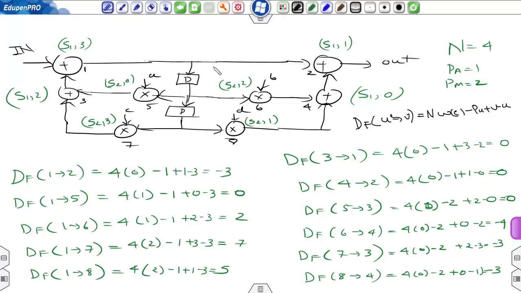df 1 to 6, this is 1 to 6 with one delay element, so 4 into 1 minus 1 plus v minus u, so v is 2 and u is 3. In the same way you can write the equation for all the edges. So there are 11 sets of equations, and you can see that